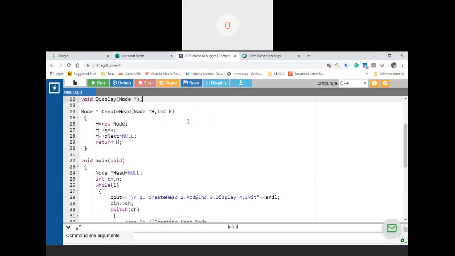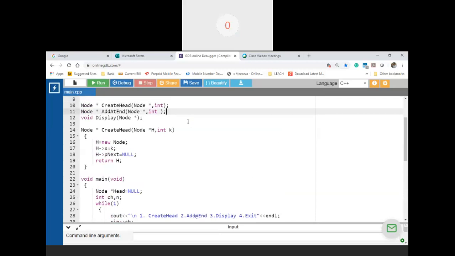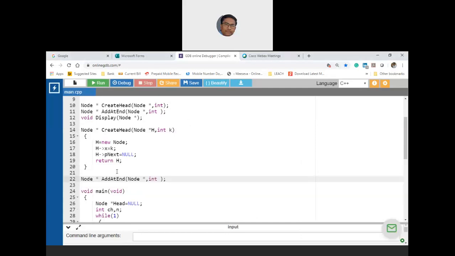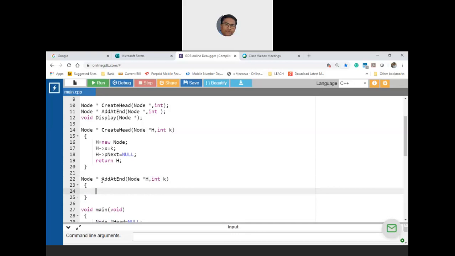Okay, so let us start writing. Create add at end. I'm again taking node star add at end, node star h, and int, let us say k. Now what? I have to create a new node.